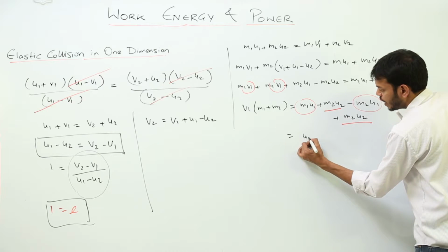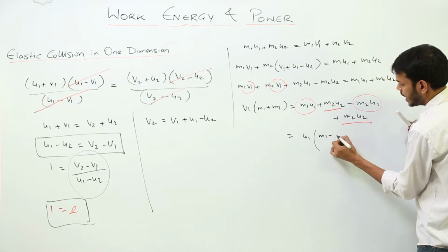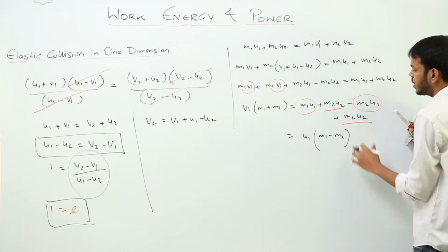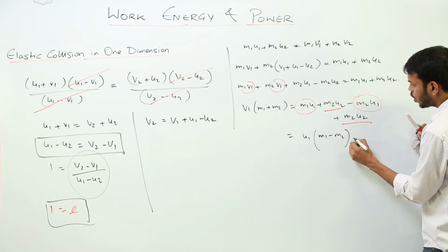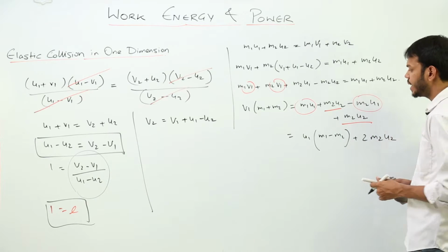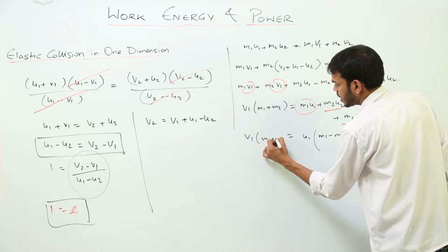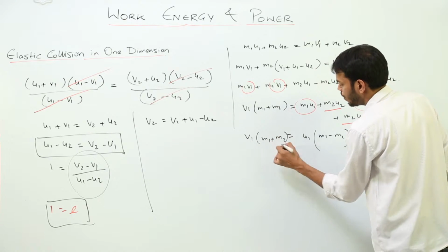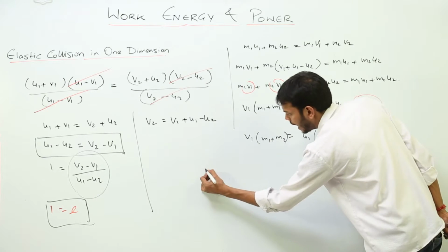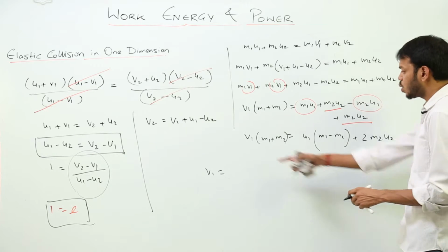So I'll be left with u1 times (m1 minus m2), and here this is twice of m2 multiplied by u2, right? This is the final value for what? v1 is equal to this whole term divided by m1 plus m2. So from this whole equation I'll get the value of v1 by dividing this whole term by m1